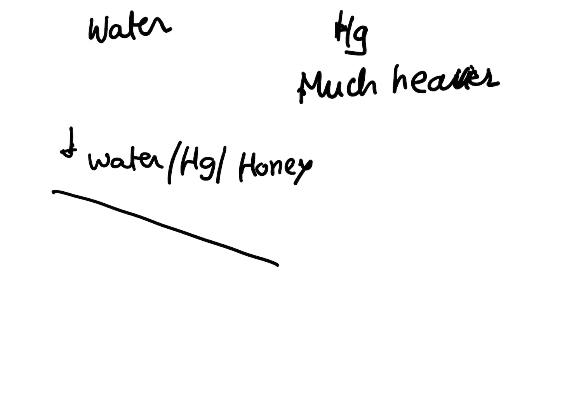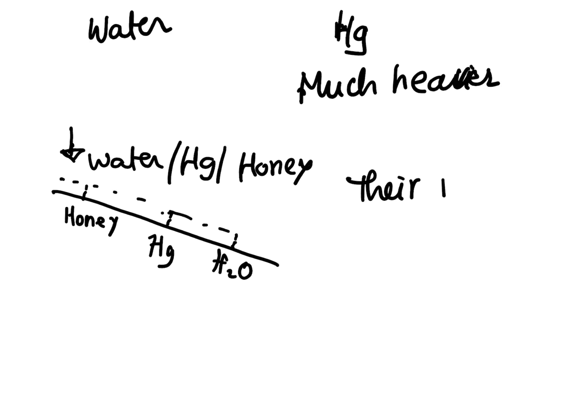You do know from daily experience that if you drop some amount of fluid from here, they are all going to travel different lengths. Like for example, water is likely to travel the most distance because it flows easily, followed by mercury. And then maybe honey may be flowing very little because it's very thick and gooey, so it's not easy to flow. This difference between them, their resistance to flow,